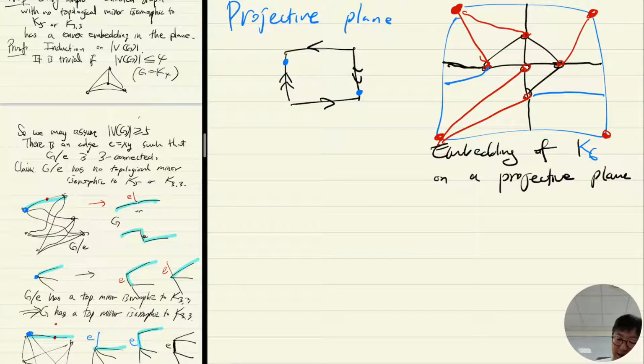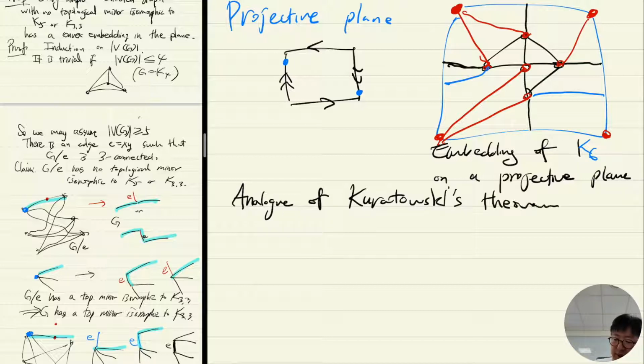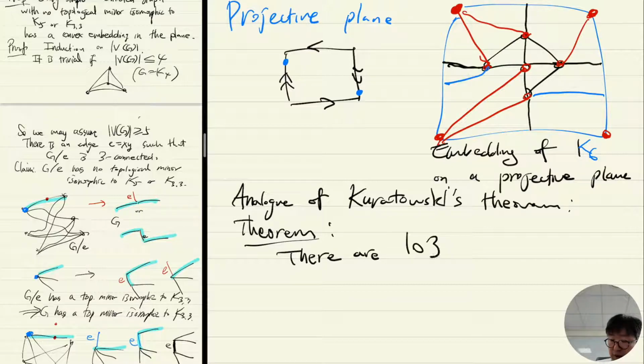And there's an analog of Kuratowski's theorem. So for instance, here's a theorem. There are 103 graphs. I won't tell you what they are,